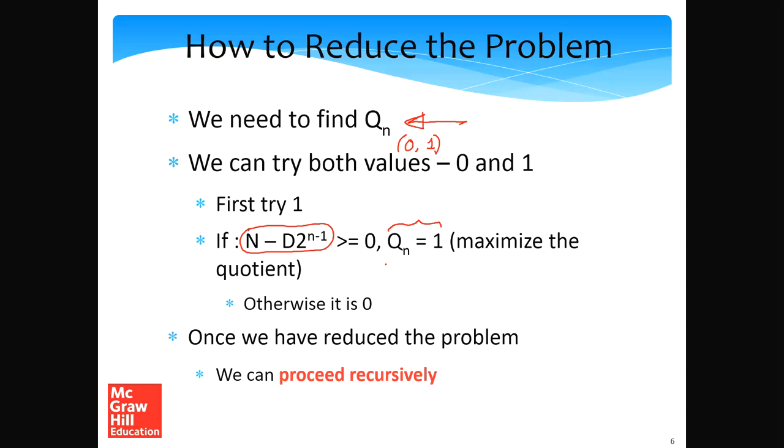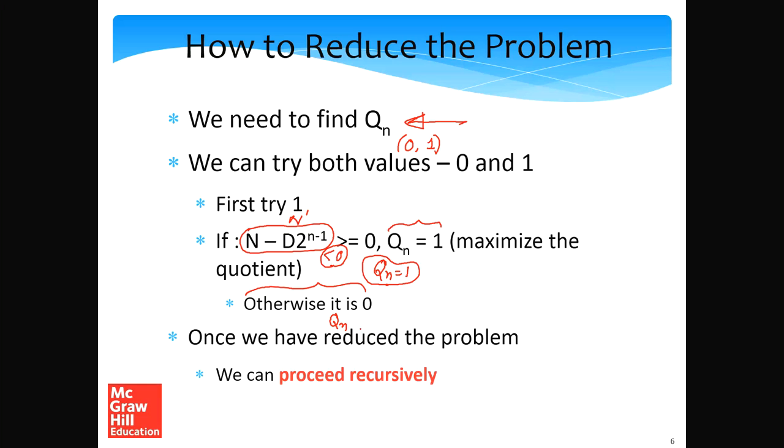So then fine, if this is the case, we set Qn is equal to 1 because our original aim was to have a quotient as large as possible. And if we can get away with setting the nth bit of the quotient as 1, this means that it is the right guess, it is the correct guess, and we will set the new dividend to be this and solve a smaller division problem, right? Where we'll get the rest n minus 1 bits of the quotient. However, if this term is less than 0, then it means that the largest bit of the quotient cannot be 1. Hence, we set it to 0. We set Qn to 0.